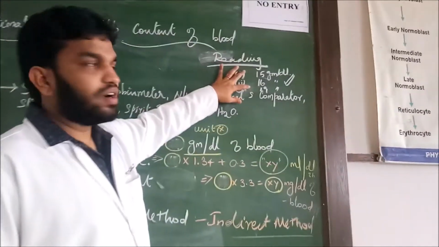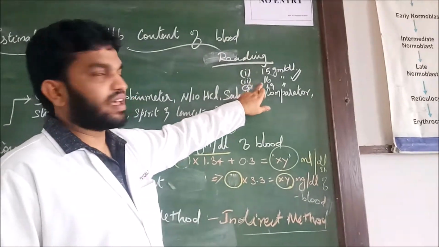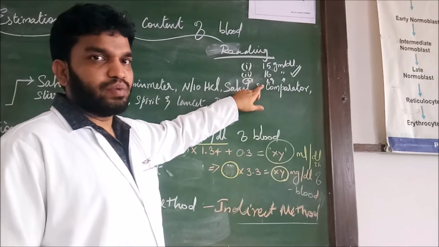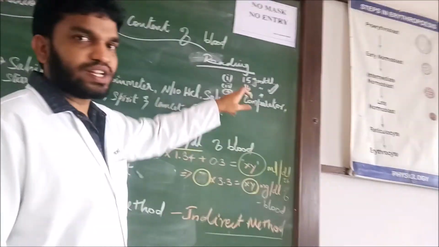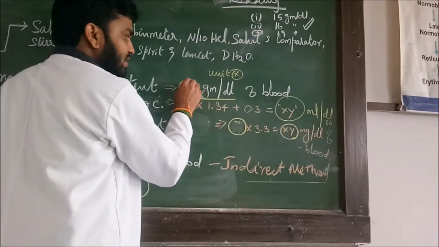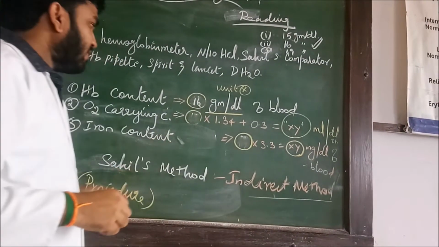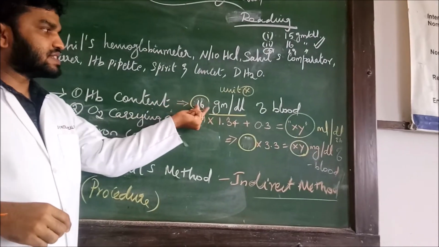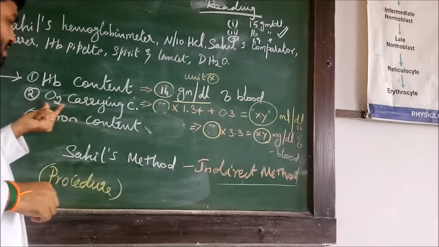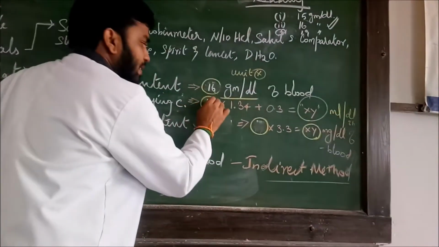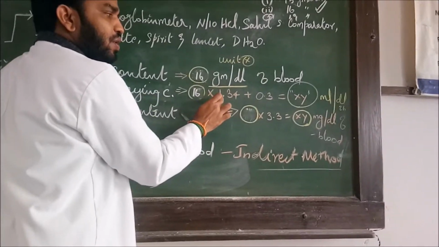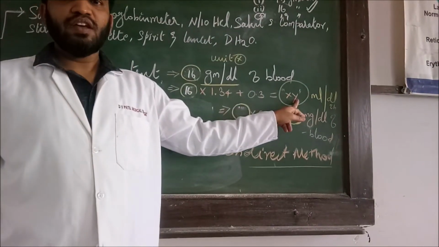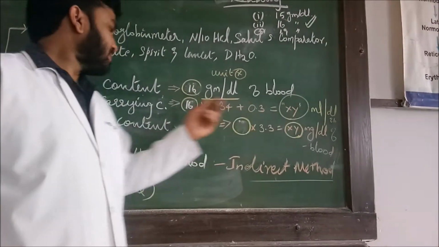Three values I have got. Among these I am going to choose the second one because the first one will be darker, and the last one will be faint. So the middle one I am choosing, that is 16. So substitute that value here, 16, where I substituted hemoglobin content, okay, 16 gram per deciliter of the blood. Oxygen carrying capacity is 16 into 1.34 plus 0.3. What is the value coming? You put it in the comment box.